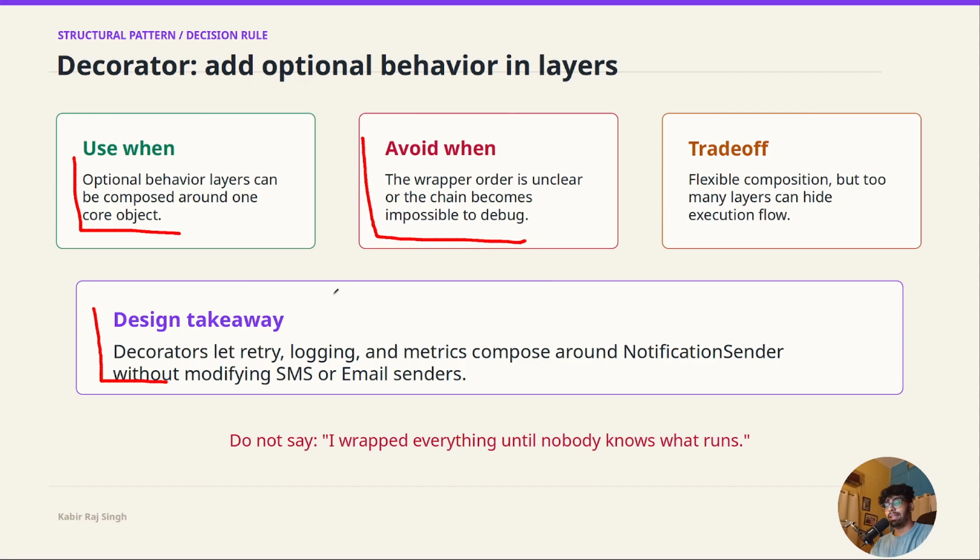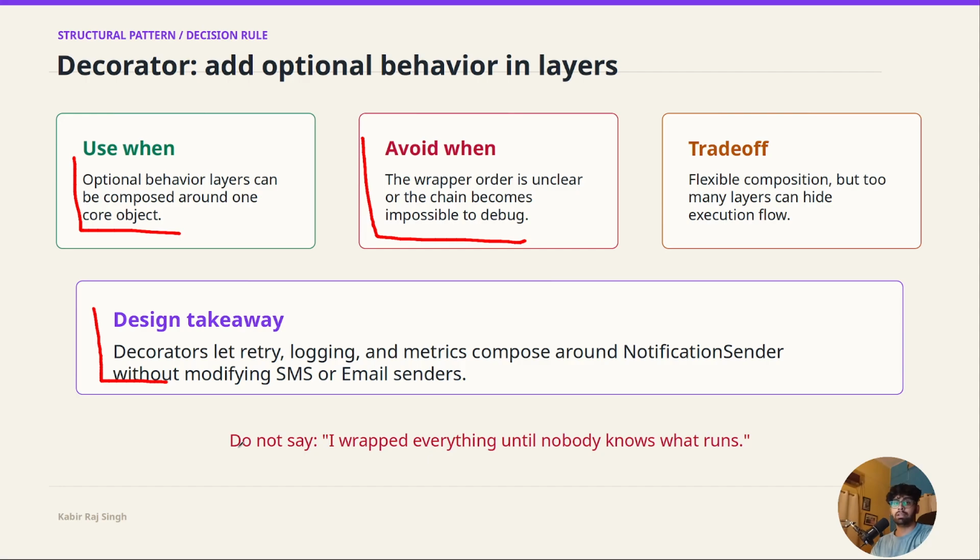But there is a catch: too many wrappers can make the execution flow hard to debug, since you can't tell in which wrapper you are getting a specific error. That is why decorator chains should be explicit, named well, and used for behavior that generally composes